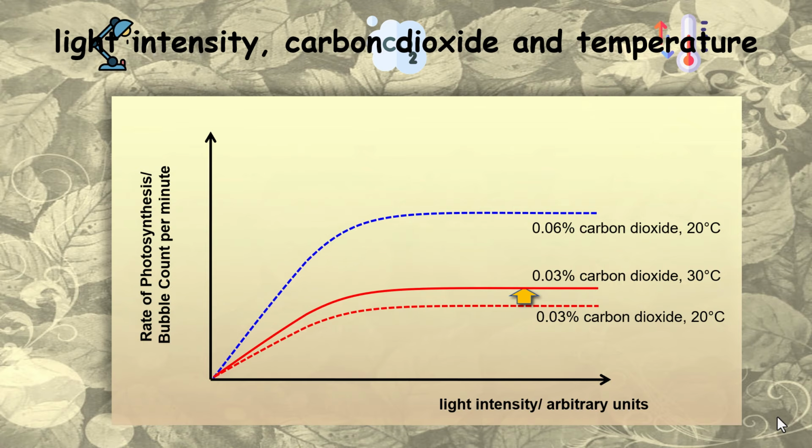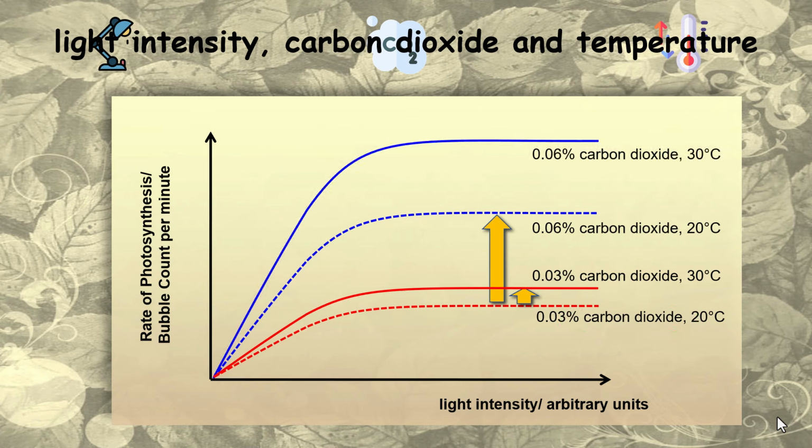Compare it to the curve at 0.06% CO2. The concentration of carbon dioxide is the limiting factor at the plateau of the red dotted curve. Lastly, compare it to the blue curve, where 0.06% CO2 and 30 degrees Celsius, both CO2 concentration and temperature are the limiting factors at the plateau of the